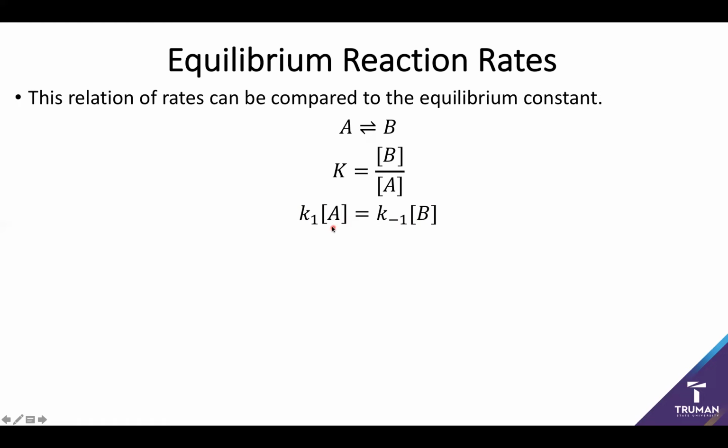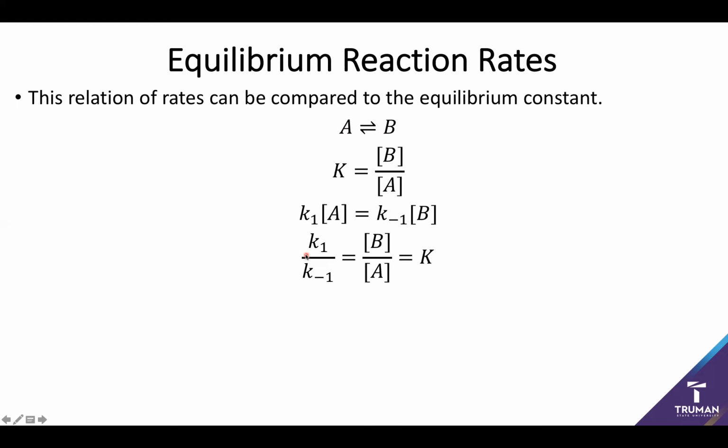We can do that by dividing both sides by the concentration of A and both sides by the rate constant for the reverse reaction. And suddenly what we see is that our equilibrium constant is equal to the rate constant of the forward reaction over the rate constant of the reverse reaction,